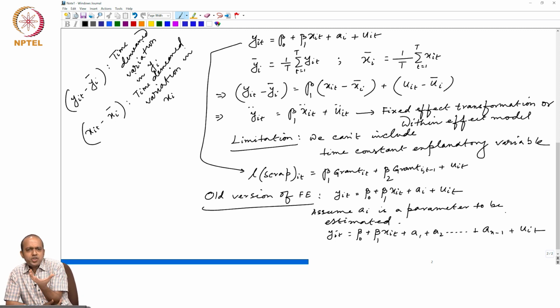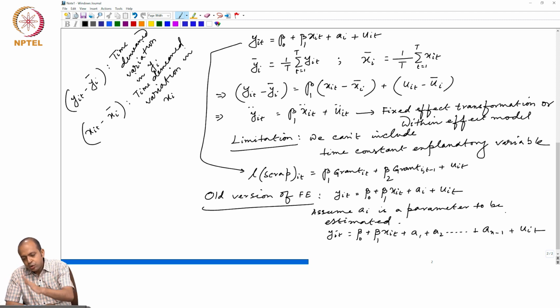These dummies will capture that individuals are different, because we are giving a different intercept for each individual. When you are talking about the first individual, all these items will take the value 0, so the intercept will become beta 0 plus A1. For the second individual, it will become beta 0 plus A2, like that. So, by assigning one dummy for each individual, we are considering the fact that individuals are heterogeneous. That heterogeneity is captured by the inclusion of several dummies in our model, right?